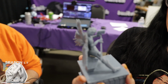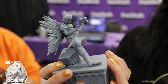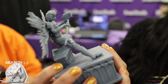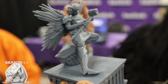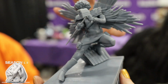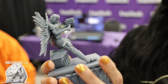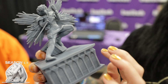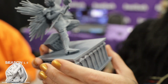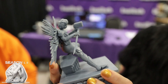So this one is really cool. It's getting that dynamic pose with it. This one feels a little simpler in the design and the motion, and I think they had a little problem putting it together, but you can still see the feather cape coming out. It's definitely a little different. I feel like the base is a little more simple. Yeah, it's the top of a building, but I feel like they went a little more basic with the overall design. It is dynamic,